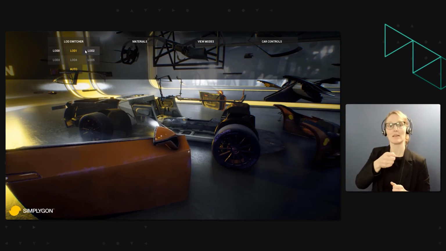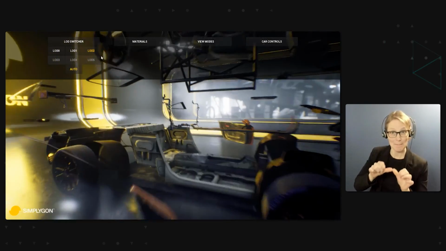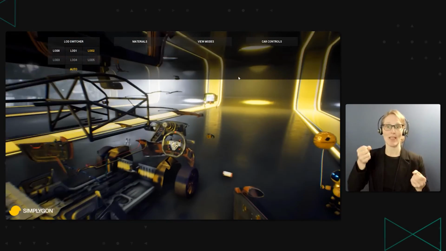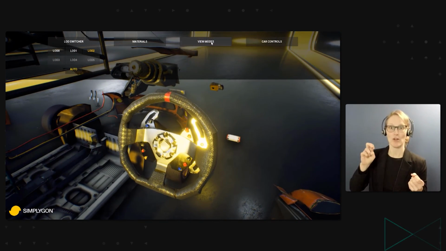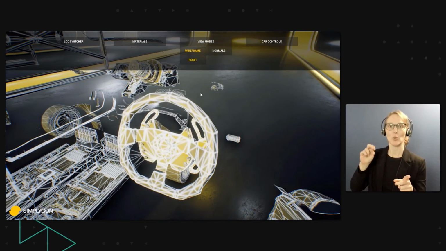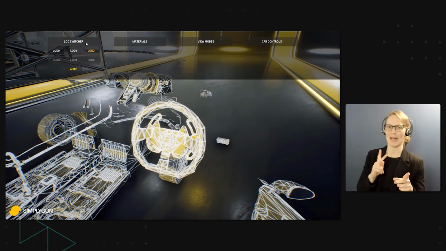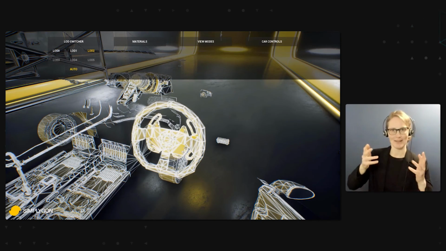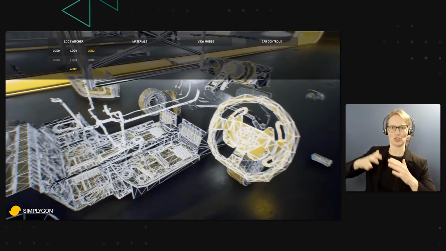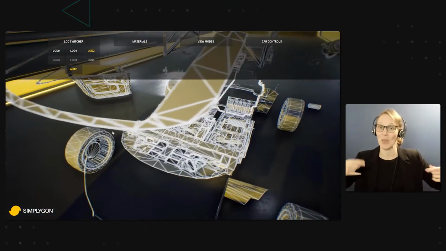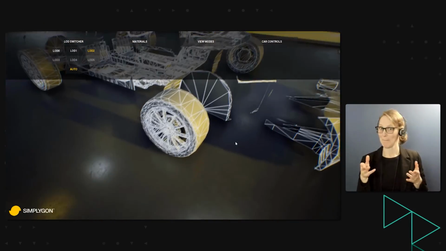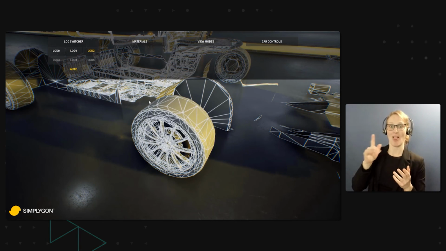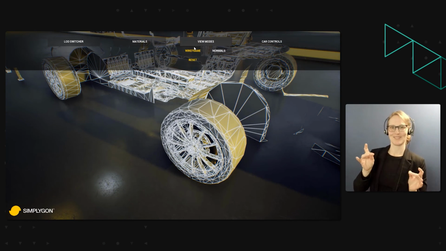As we step through here, you'll see that it retains the shininess and it doesn't change much as you toggle through. Let's look at the steering wheel here in wireframe. This is LOD3. Let's go back to LOD0 and step through, and you can see that it's heavily optimized as we switch through here. And the same thing with a wheel, using the same method, just stepping through and seeing that we're taking away a lot of polys for each of these steps.